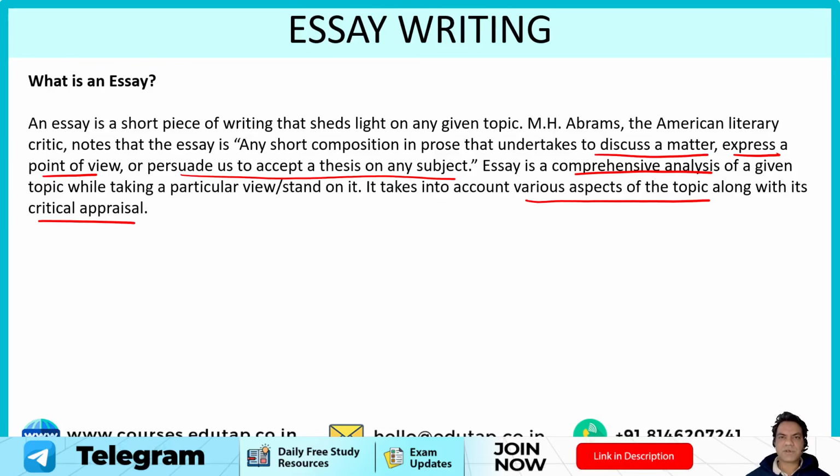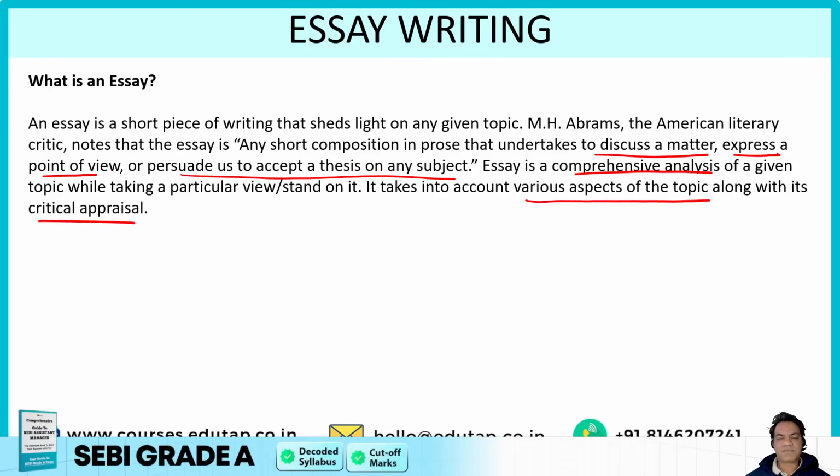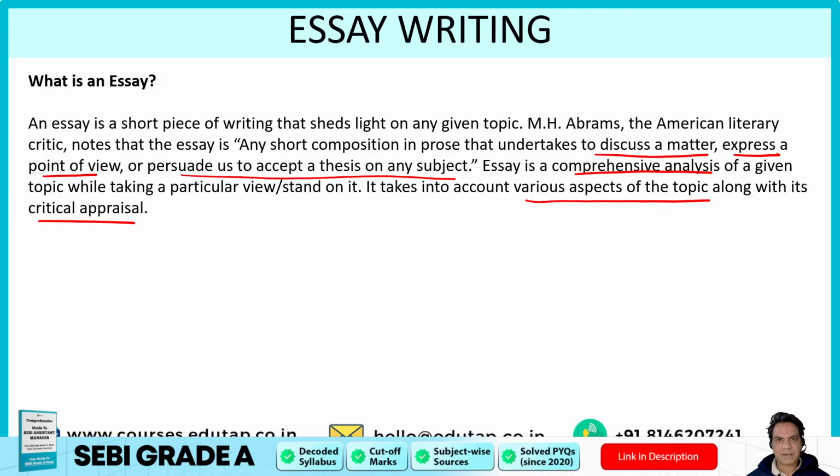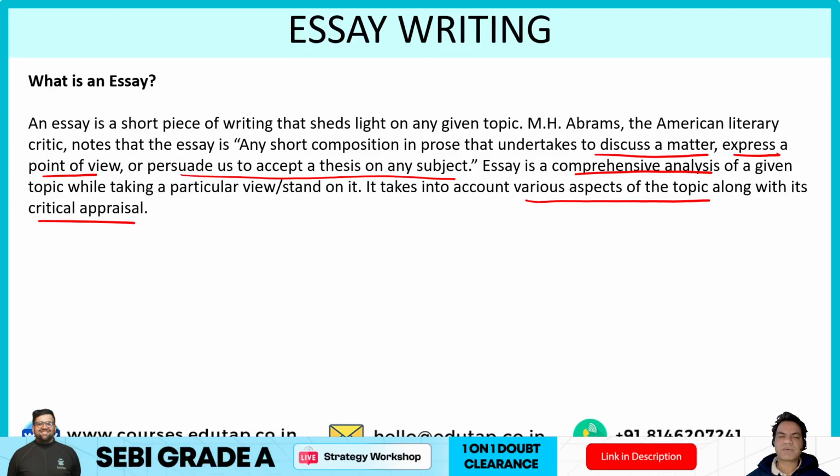So you have to discuss the topic from every tangent possible: benefits, challenges, economic impacts, what are the steps and measures taken by the government, then what could be the way forward. So everything needs to be discussed. So don't write your essay in a skewed manner. Don't just keep on writing the same thing over and over again. Discuss the topic from different angles, and that is what makes your essay holistic.